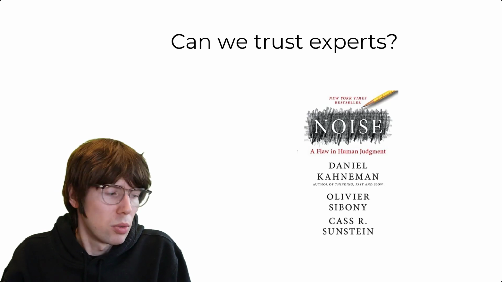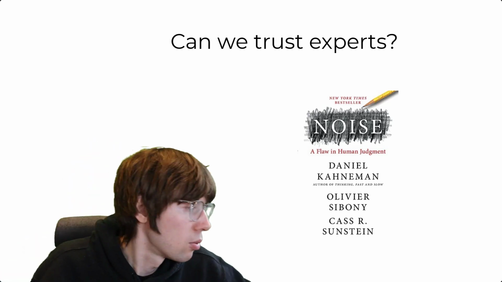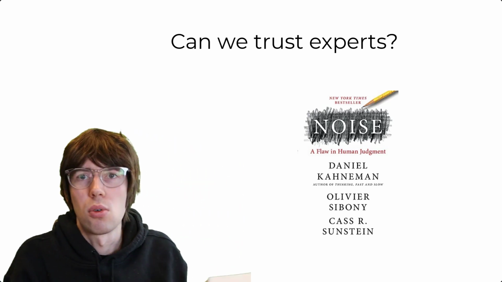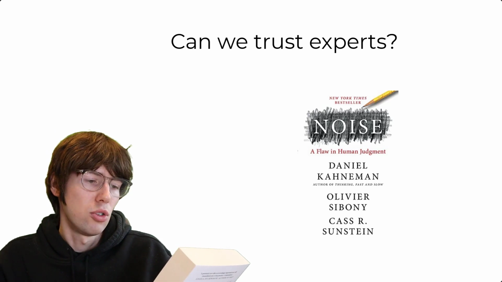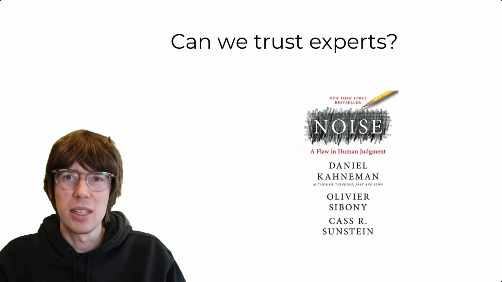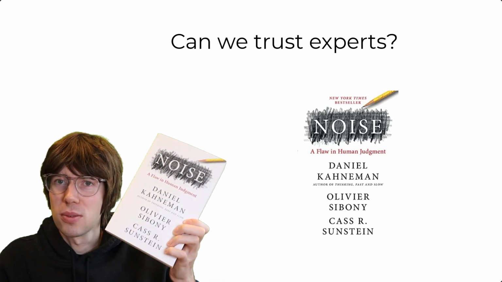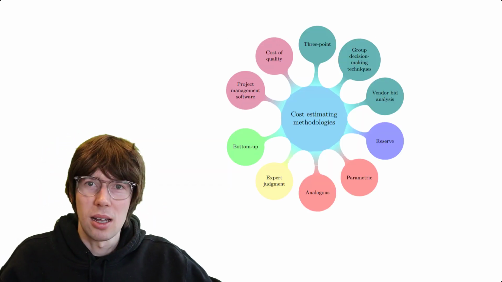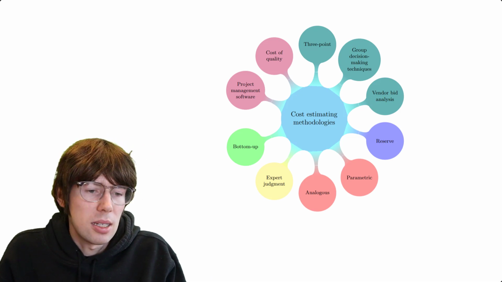And I think I also would recommend another book written by Daniel Kahneman. I only read it once so far, but it is called Noise: A Flaw in Human Judgment. So the Thinking Fast and Slow book talks about your bias, and this one talks about the noise. So those two things are important when it comes to expert judgment. So let's see, what else?